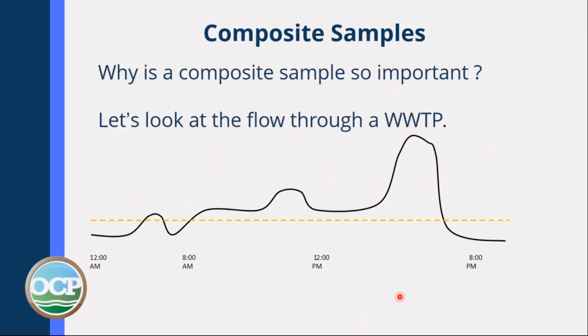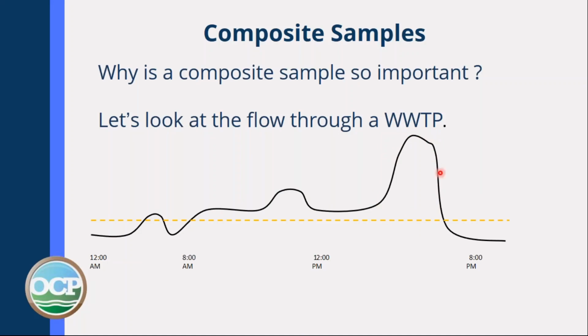So why is a composite sample important? Why don't you just take multiple grab samples? Well, if you look at the flow through a water treatment plant, we start here at midnight. It's really low. Everybody's gone to bed. Well, most people have gone to bed. Then as it gets in the morning, it starts to go up. Just around lunchtime, it has a peak. And then in the evening,